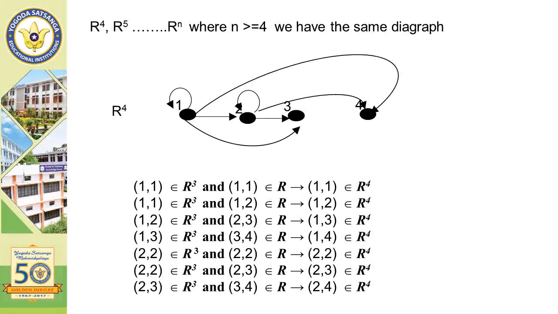Similarly, R to the power 4, R to the power 5, up to R to the power n can be calculated, and in this case, if we go beyond R to the power 3, then the graph does not change. It remains in this shape. Hence it is closed under the graph operations. If we find R to the power 4 or R to the power 5 or R to the power n, the graph remains the same. Hence for n greater than or equal to 4, it is closed under the graph operations.